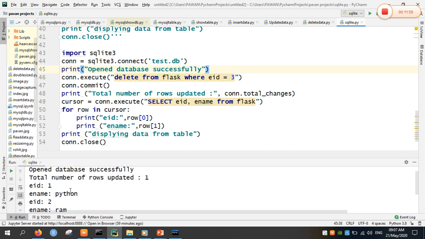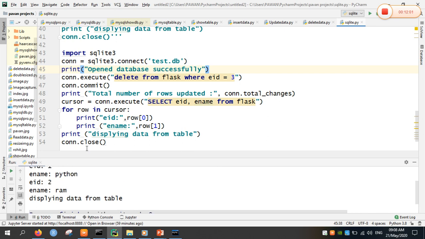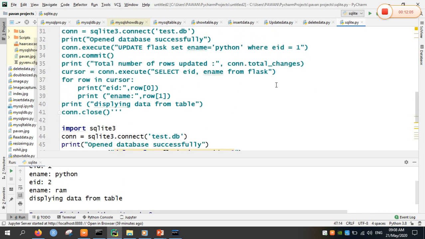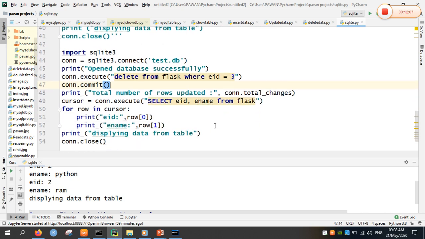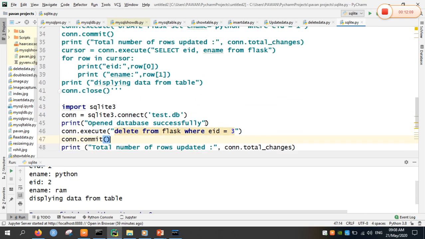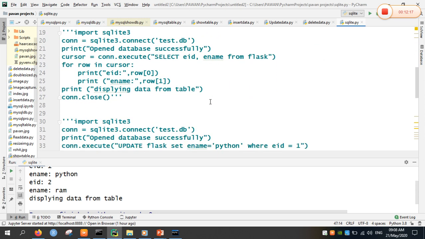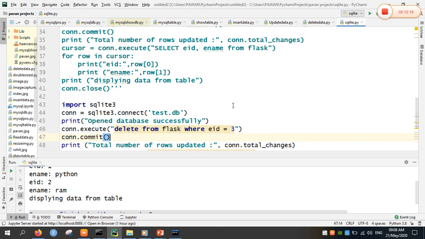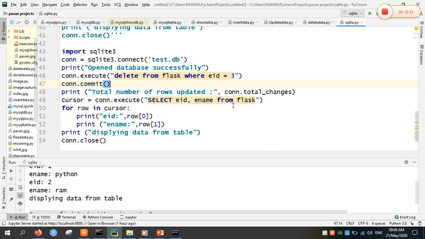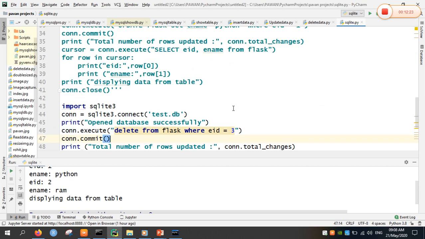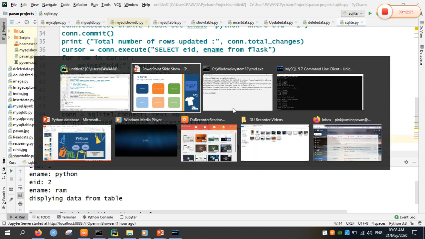Here the database changes are 1, and 2 records remain since we have deleted the record with EID equal to 3. So in this way we can perform database operations in SQLite 3 using Python, which is very easy because with advanced versions of Python SQLite 3 comes by default. So we are not going to install any other databases or any other files for SQLite 3. I will get back to my slide.